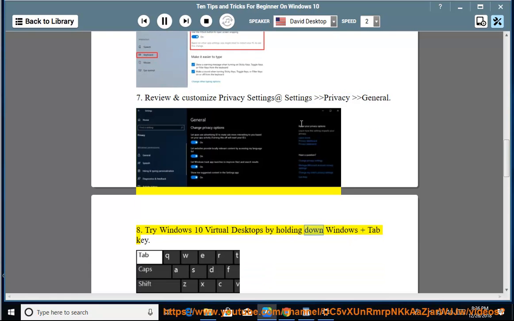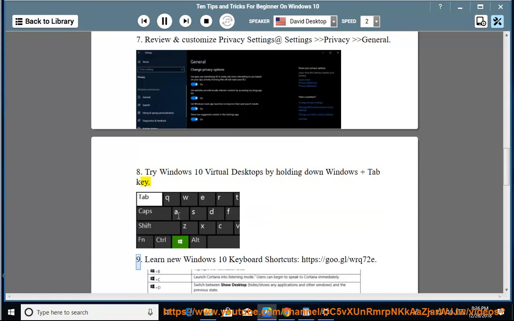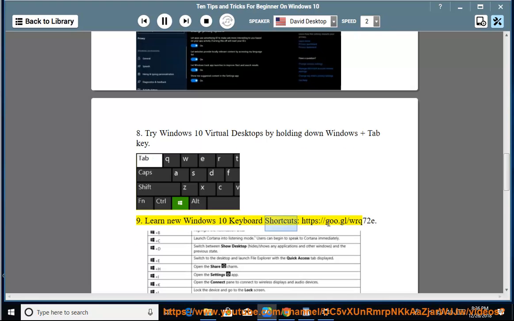virtual desktops by holding down the Windows and Tab keys. 9. Learn new Windows 10 keyboard shortcuts,